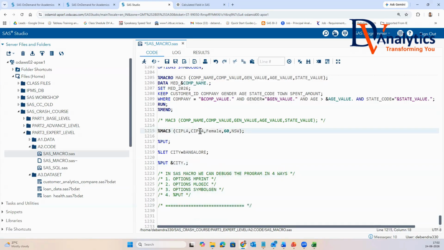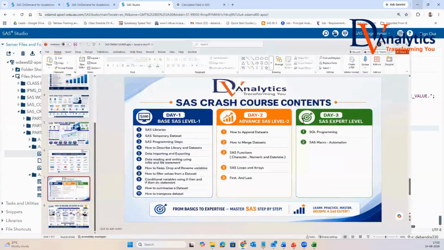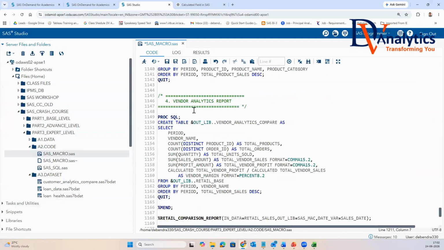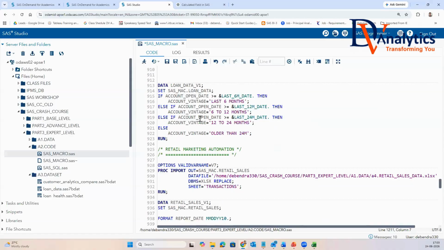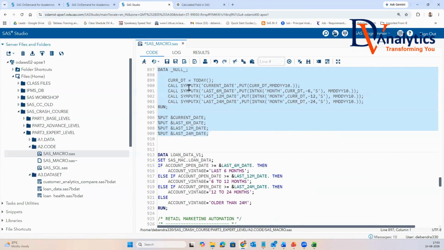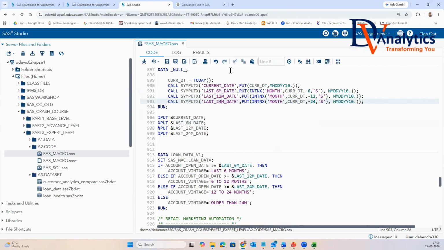So we have now completed the whole of macro programming in SAS, and also the 2 automations we have done. Very importantly, guys, they will ask you questions on this: how to call back the last 6 months, last 12 months, use of CALL SYMPUT X with %put, and how to identify the new variable name for 6 months, 12 months, 24 months to be called from the current date. So they will be asking such questions to you. You should be knowing how